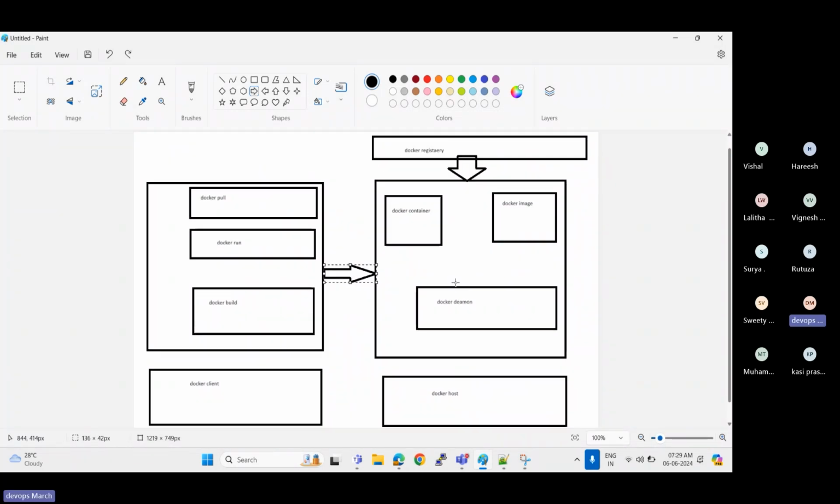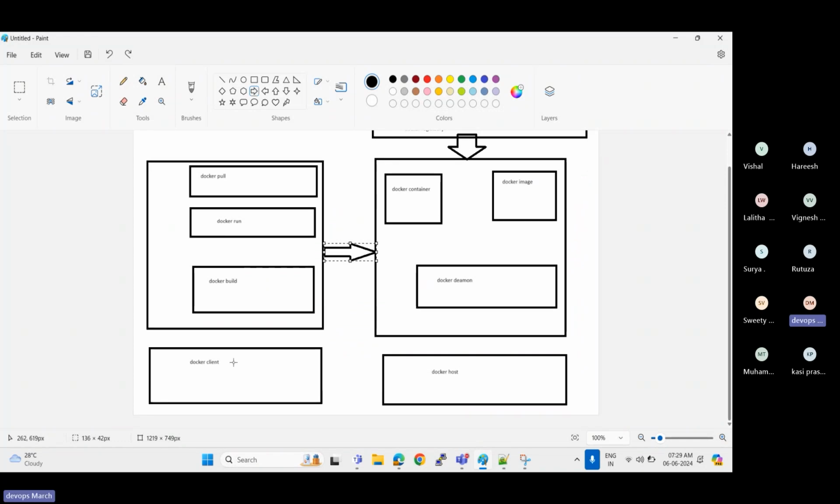This is the architecture. Docker client means Docker client or Docker CLI. You can say Docker client or Docker CLI. Whenever commands are entered by the user, those commands like Docker build or Docker run, Docker pull, it will connect to the